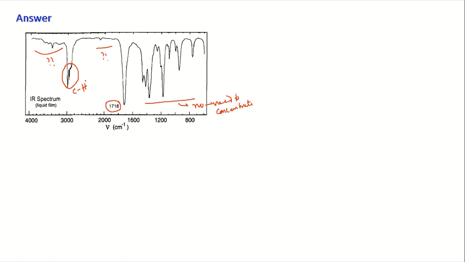Now the different types of CH I told you in the last class: you have sp3 CH, sp2 CH, and sp CH. Based on that it will be there. Above that you have NH and OH. OH will be far left around 3600 if it is free OH, and if it is bound OH it will be a bit lower, 3500 to 3400. Above 3300 it will be there, and if it is NH you would expect 3200 to 3400 within that region. So these are the things.